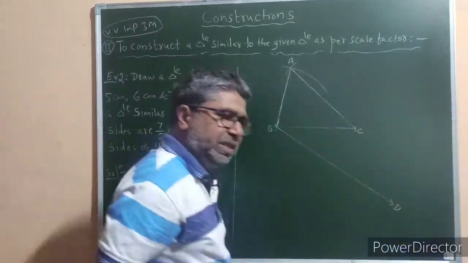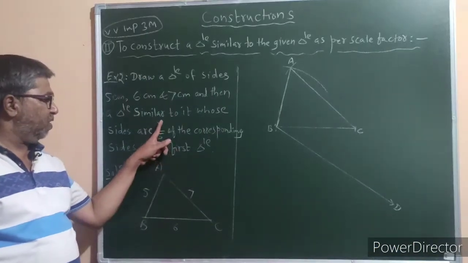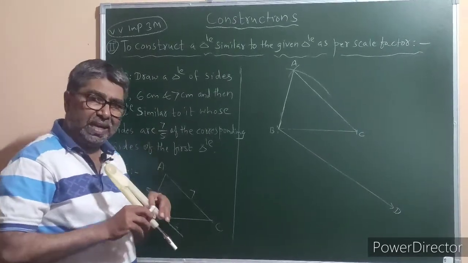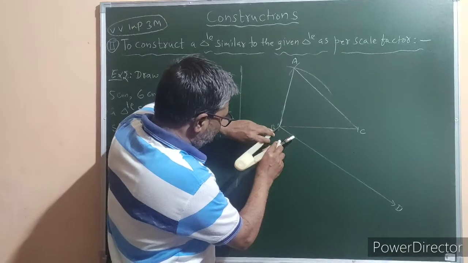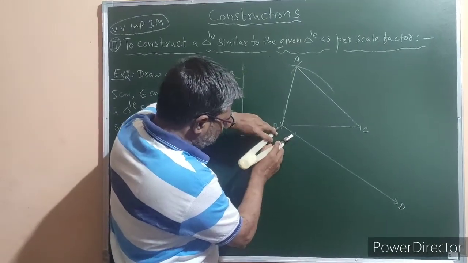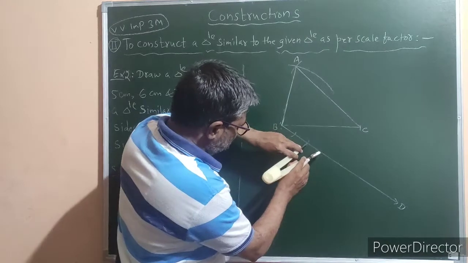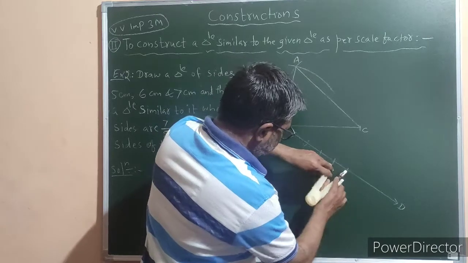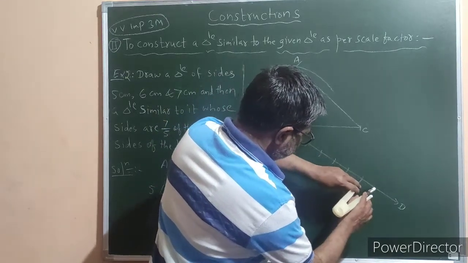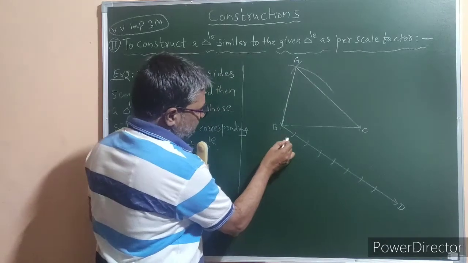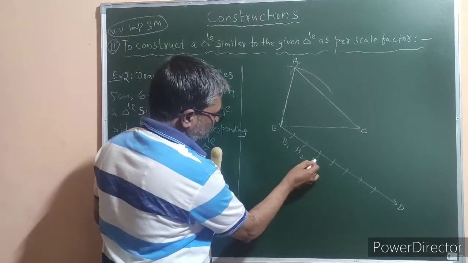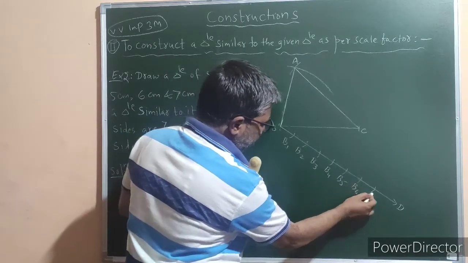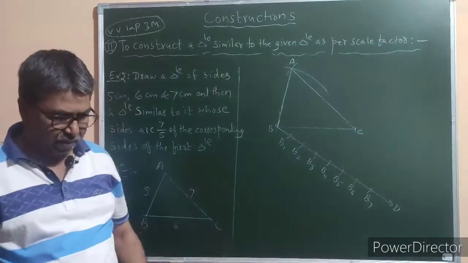See the terms of the ratio. Terms of the ratio are 7 and 5. Among the two, 7 is greater. So you have to cut this ray 7 times starting from point B. This is 1, this is 2, this is 3, this is 4th one, this is 5th one, this is 6th one and this is 7th one. You name them as B1, B2, B3, B4, B5, B6 and the last one is B7.